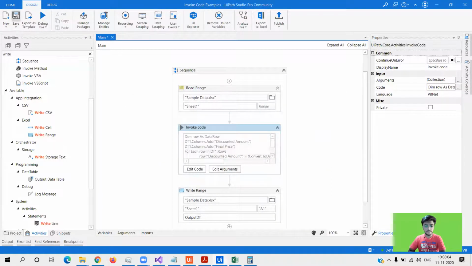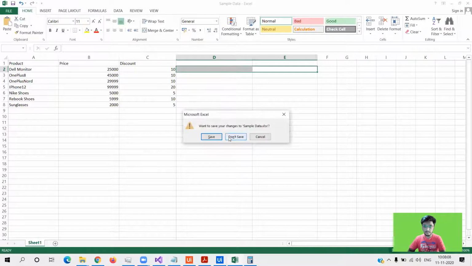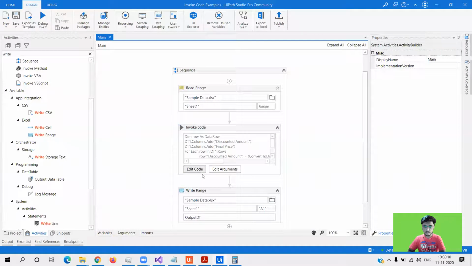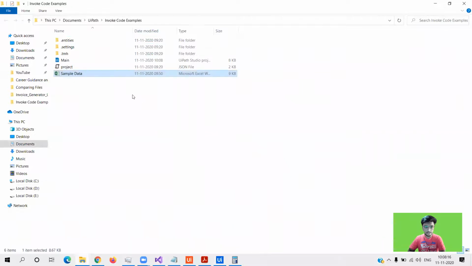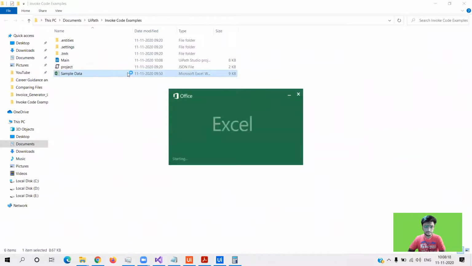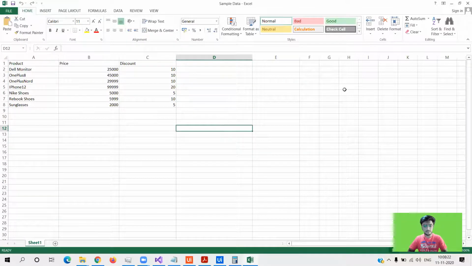So I will save, and I will close my Excel file, don't save. Let me just check. I think I changed some data. No, everything seems fine.